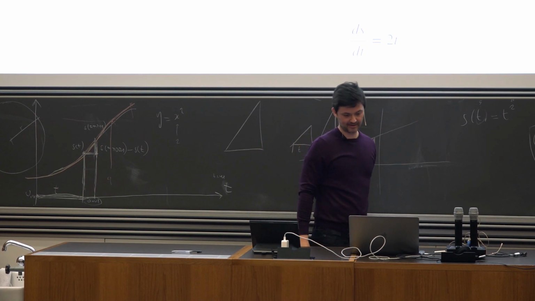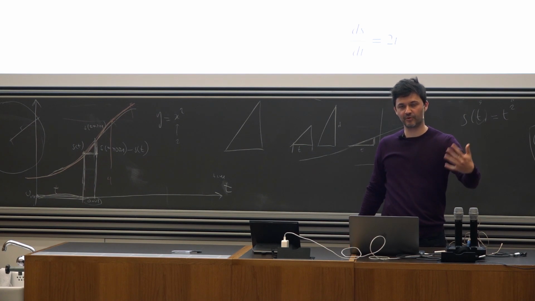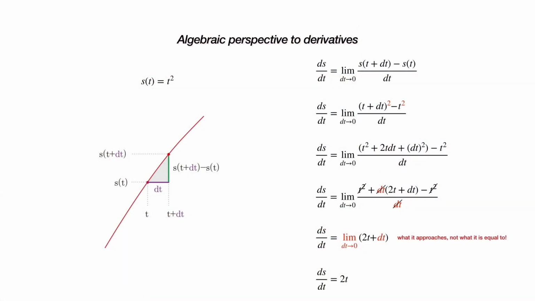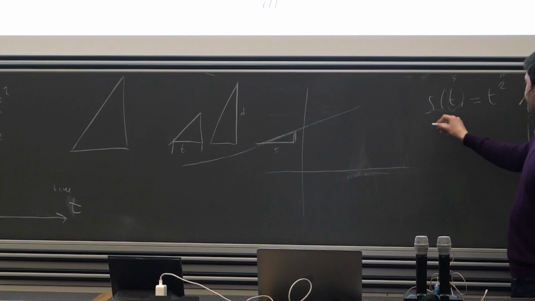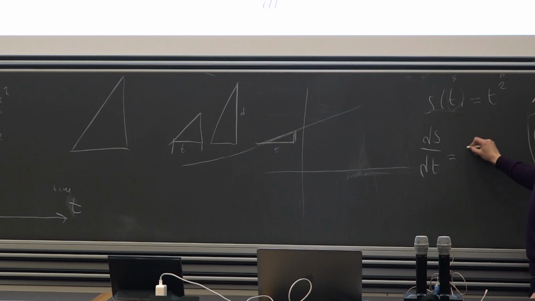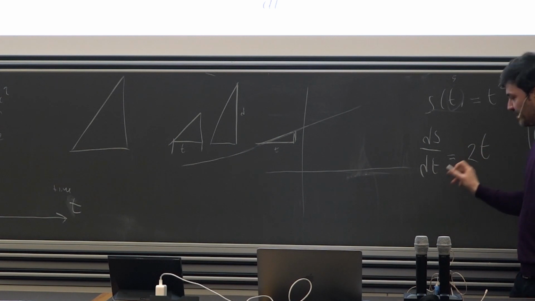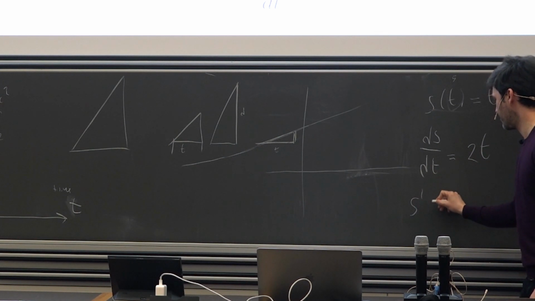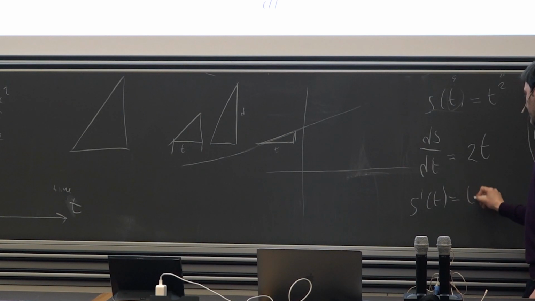So this trick, yeah, you kind of say in front what you want from it, and then what you want, you implement it by following the reasoning. So it cannot be 0, therefore cross it out. And then you get what? That the derivative of the function s of t is equal to t squared. We get the derivative ds over dt equals 2t. Yeah? Or you can write it in this way, but I don't like this way. You can say s prime of t equals 2t.